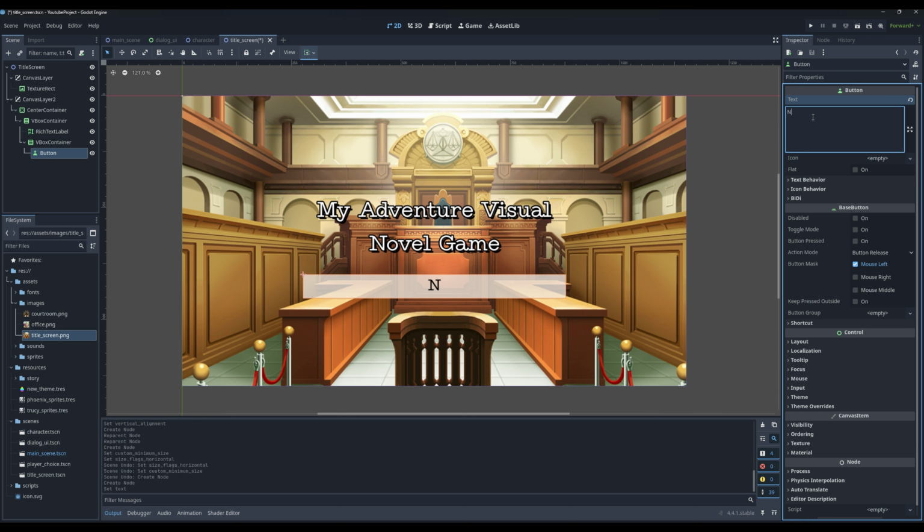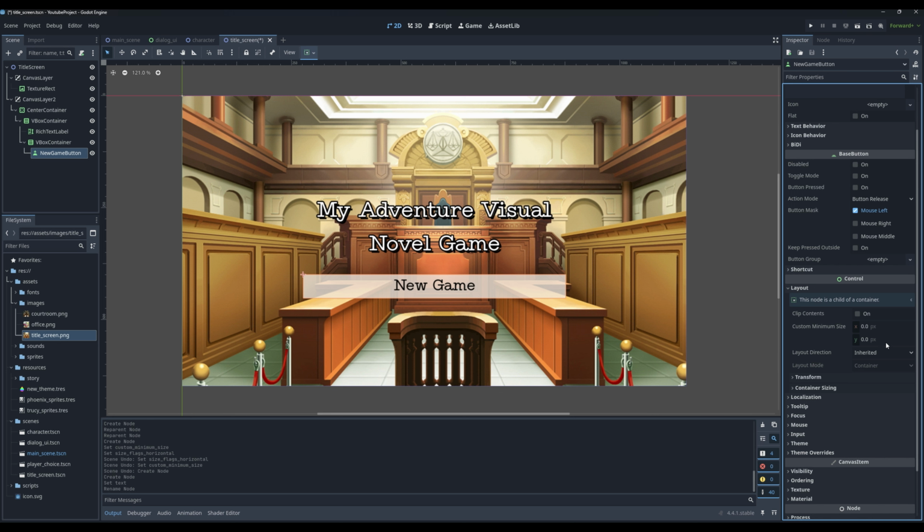I'm going to call this new game. As you can see, it already has the look that we want it to have because it is affected by the theme defined for center container. Let me rename this to new game button. It's a little bit too big for me, so I'm actually going to change the custom minimum size. I want to put 200 here. You can see that it didn't change anything because by default, the button will try and take the entirety of the space available